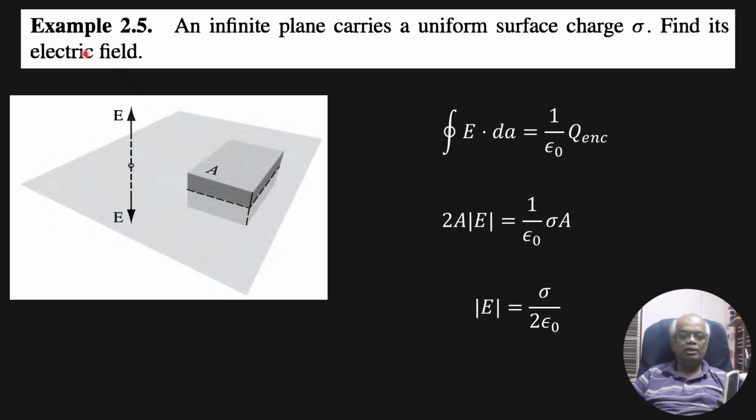Example 2.5: an infinite plane carries a uniform surface charge sigma. Find its electric field. So that is the question. So this is an infinite plane. So you form a Gaussian box that is above the infinite plane and below the infinite plane. Let us say this charge is positive, so naturally the electric field will be outward, both at the top as